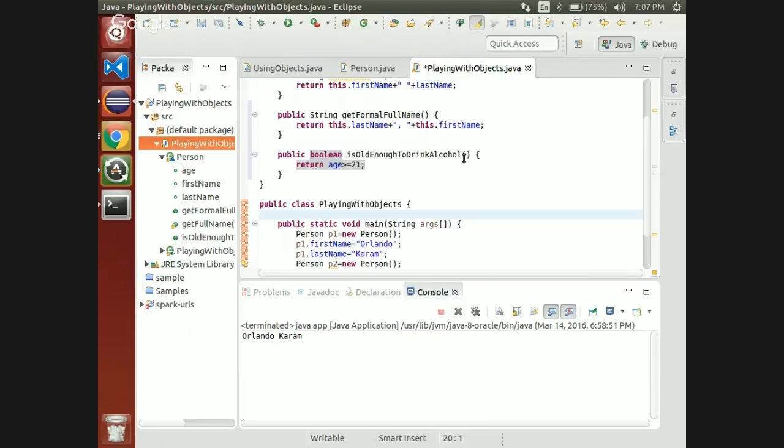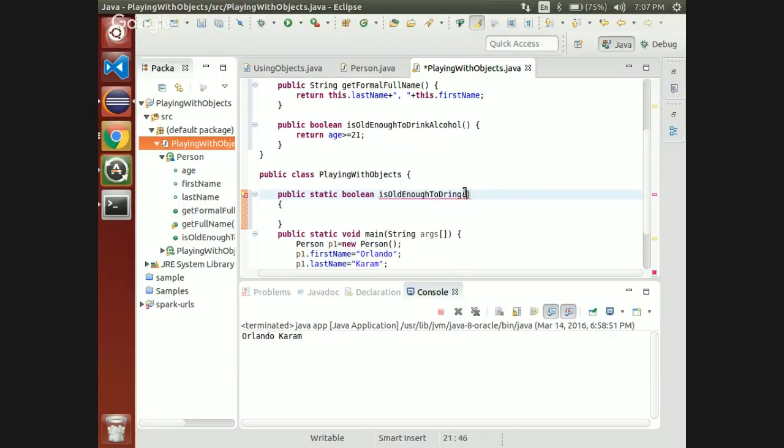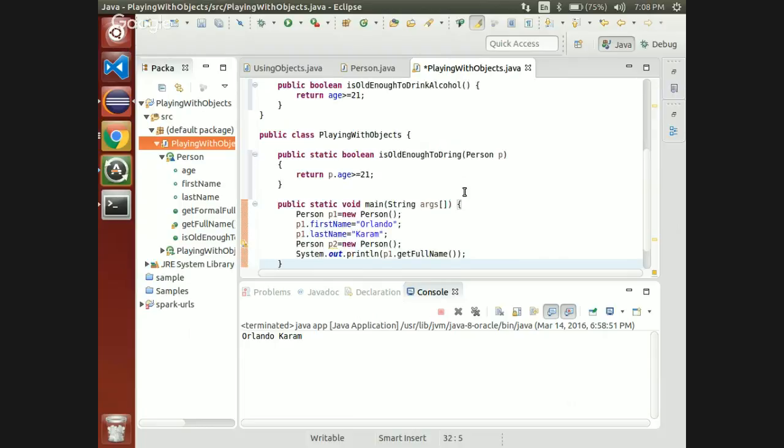Could we not also define a function and then pass person through that? We could, and then we would call it differently. So we could do public static, and we would need to pass a person. The difference would be that one would be called as P1 dot is old enough to drink alcohol. And the other one would be